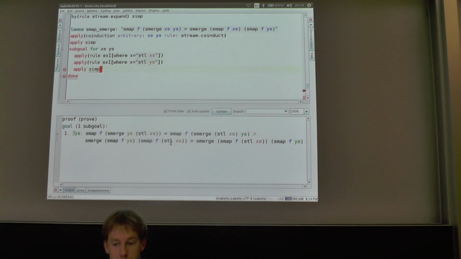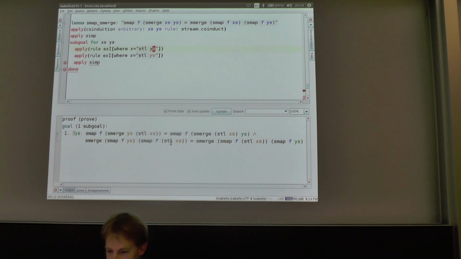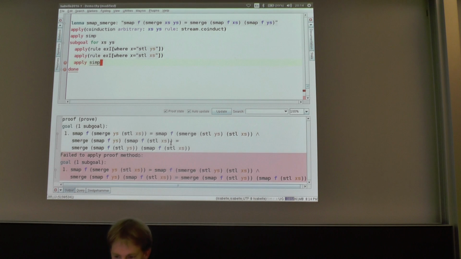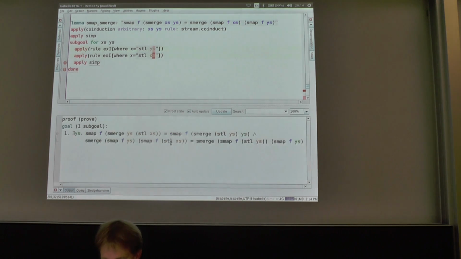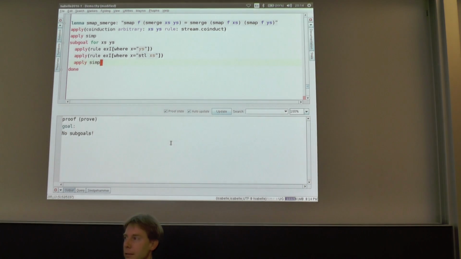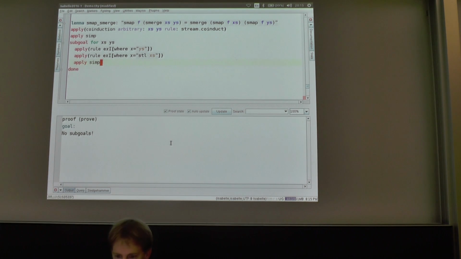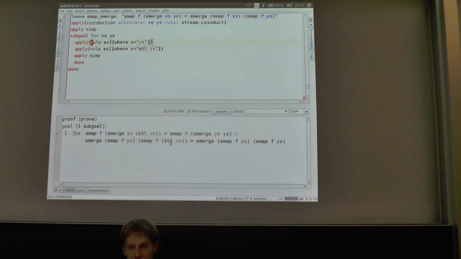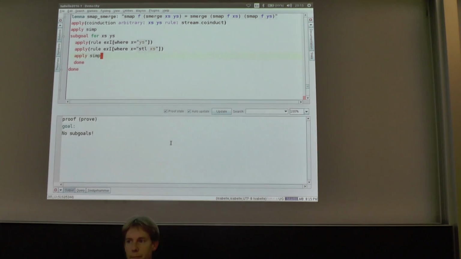Who knows the error? Two x's? No, we of course have to swap it, because merge keeps swapping its arguments. And it still doesn't work. What a pity. Yeah, of course, why is this not being taken the tail of? Right, merge just peels off the tail of one argument and then swaps the two things. Right, and then we're done with that proof. But yeah, these instantiations Isabelle is able to figure out by itself,